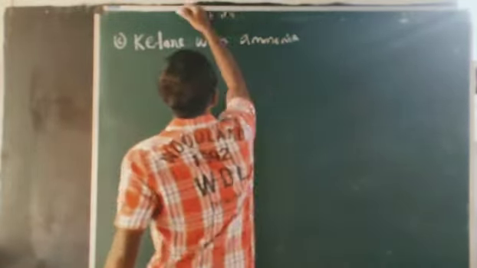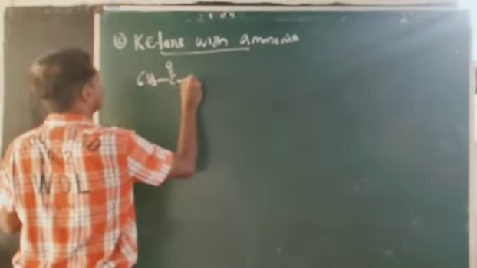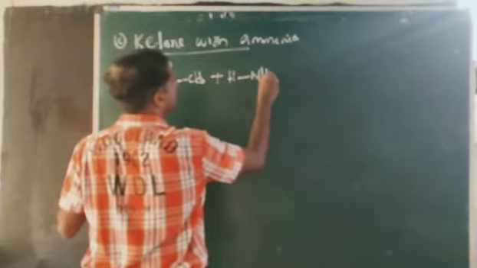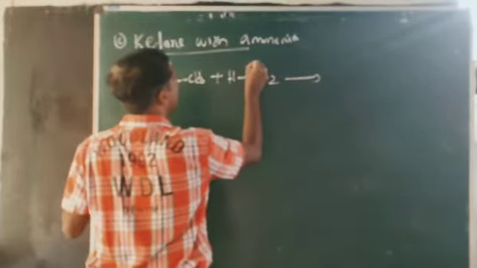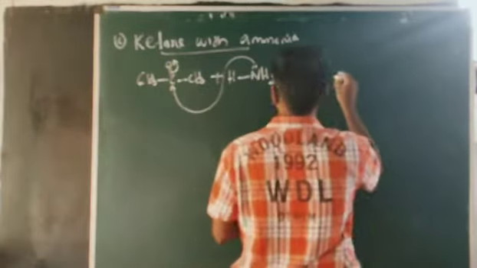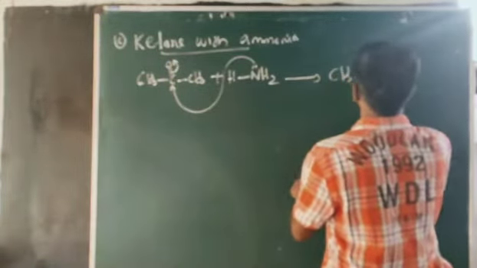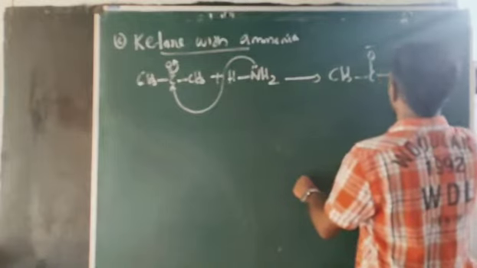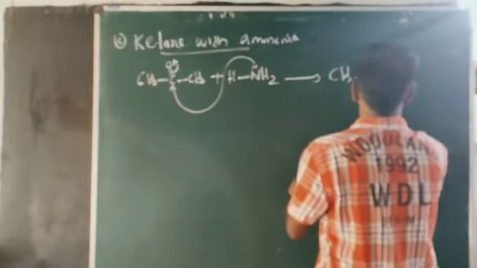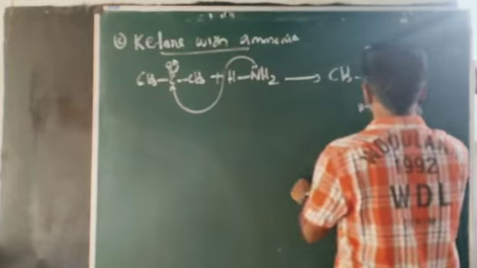Okay, look at it here. Ketone with ammonia. I am taking acetone, CH3COCH3, reacting with ammonia. Ammonia can be written as HNH2, or as we have discussed earlier, this pair of electrons will attach here. So you are getting CH3, CO minus, CH3, and here you can see NH2, H, and of course nitrogen will get a positive charge.